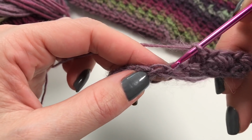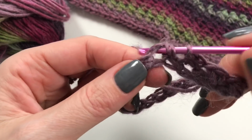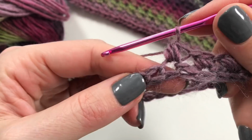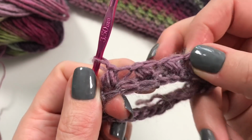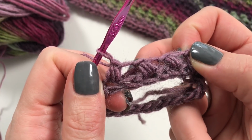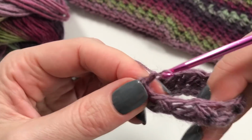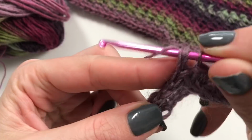Let's try that again. Skip, insert, pull up a loop, yarn over, insert, pull up a loop, yarn over, insert, pull up a loop, yarn over, and pull that yarn over through the loops on your hook and chain 1. So this is how you're going to continue, and this is what your work should look like. There's like a diagonal one running here, and then you've got your mini beans at the front here. Don't forget to do your single chain in between,